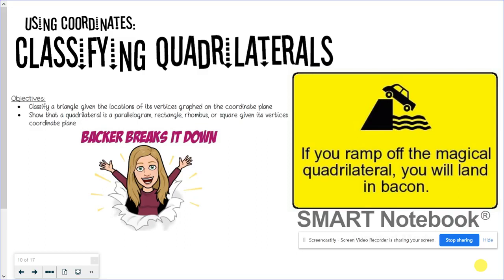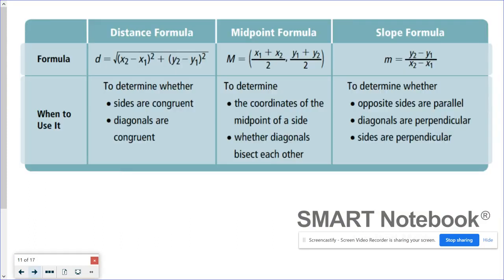In this lesson, we're going to look at how we can use coordinates to classify quadrilaterals on the coordinate plane. So we're going to need our coordinate geometry formulas. And this table nicely summarizes when we would use these formulas when we're working with quadrilaterals on the